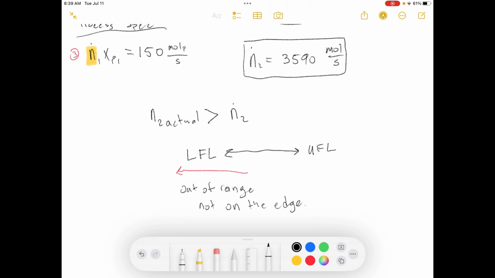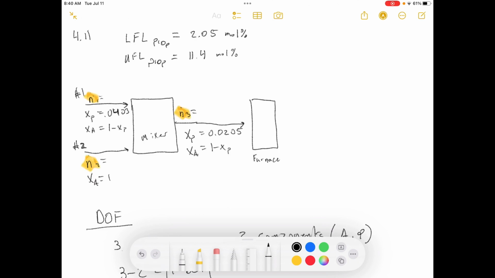Today we're working out of Elementary Principles of Chemical Processes, 3rd edition, and we're doing problem number 4.11. The problem statement says, if the percentage of fuel in a fuel-air mixture falls below a certain value called the lower flammability limit, the mixture cannot be ignited. For example, the lower flammability limit of propane in air is 2.05 mole percent,